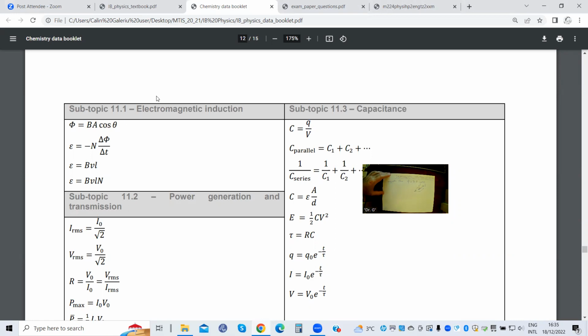And the induced voltage E is negative delta phi over delta t. So the variation of the magnetic flux divided by the change in time, and I have a minus sign here to remind me of Lenz's law,